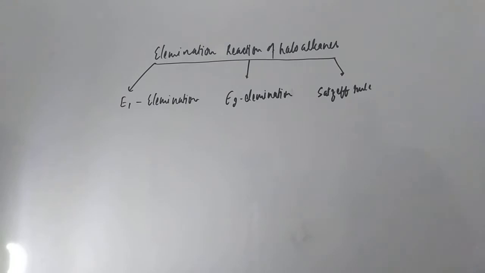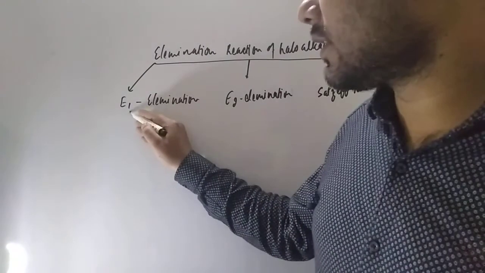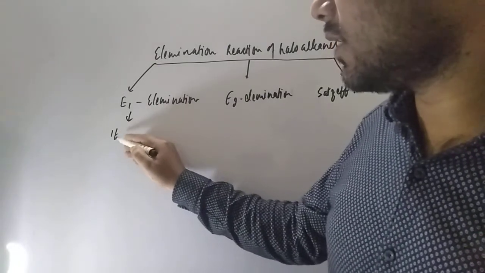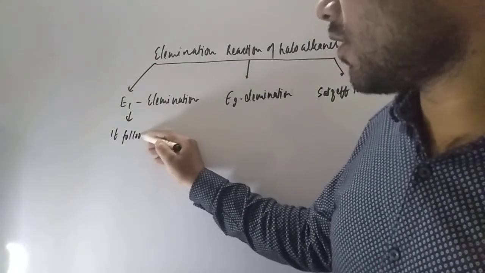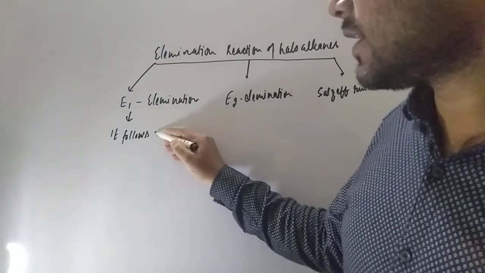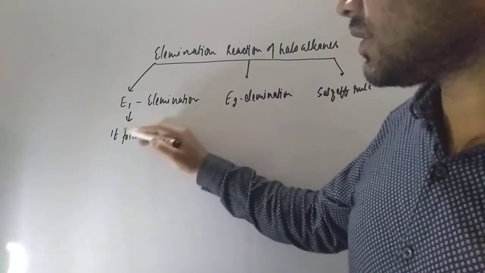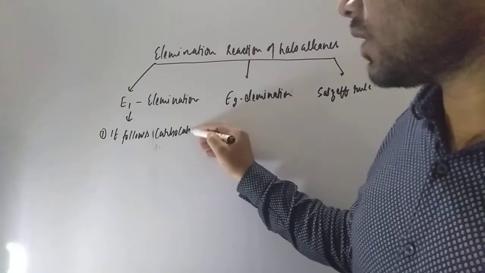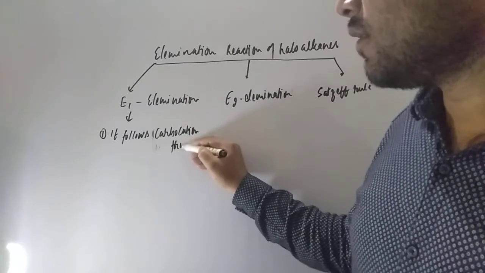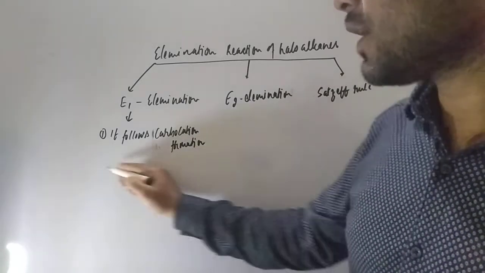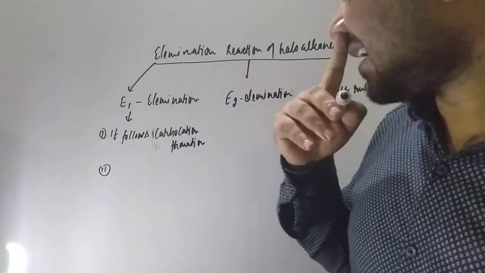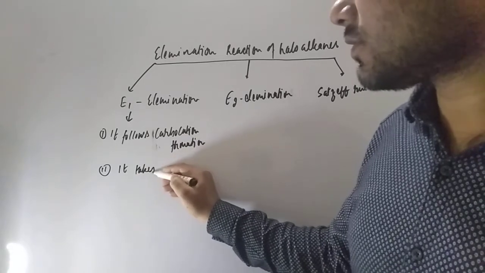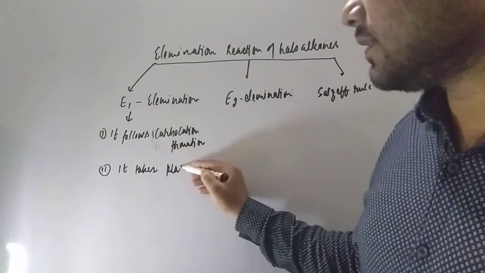E1 elimination is just like an SN1 type reaction. It follows carbocation formation. This is the first thing that we have to keep in mind. And the second point is that it takes place in 3-degree alkyl